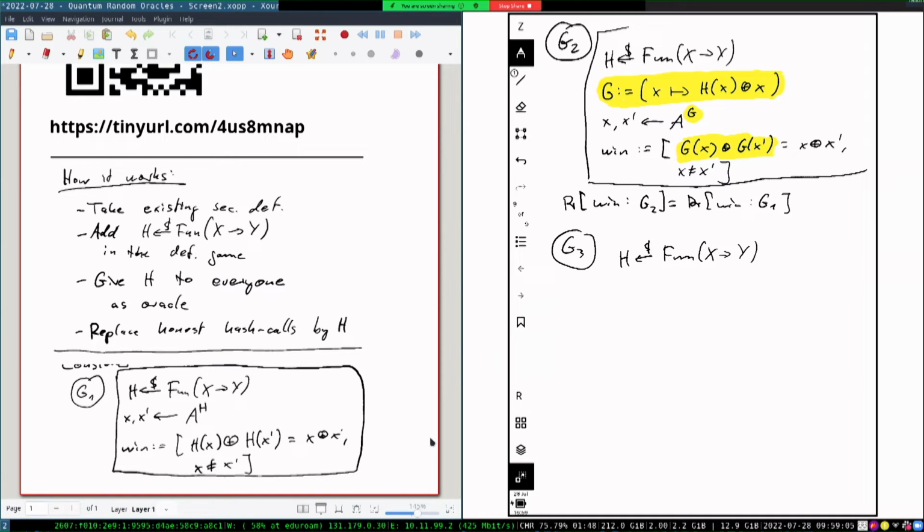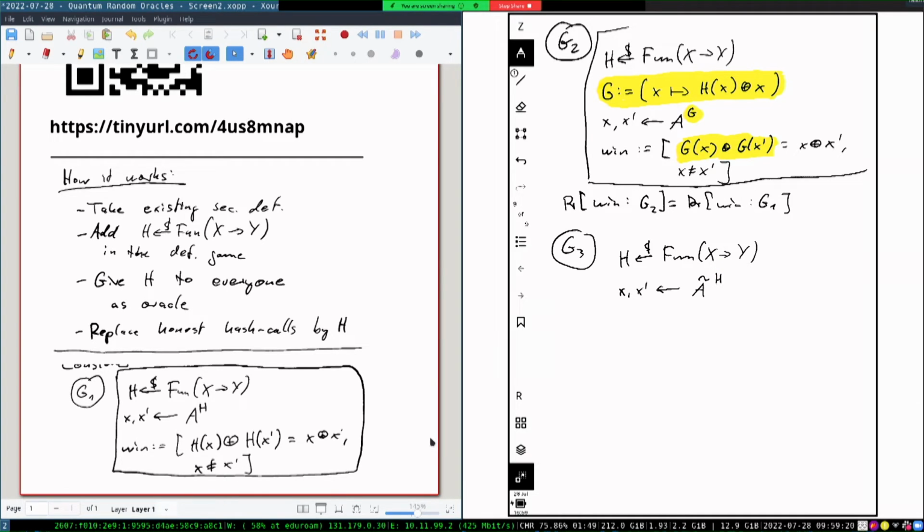I skip the definition of G because it will not be used explicitly. Then I need to use a slightly modified adversary A tilde that gets H, but that